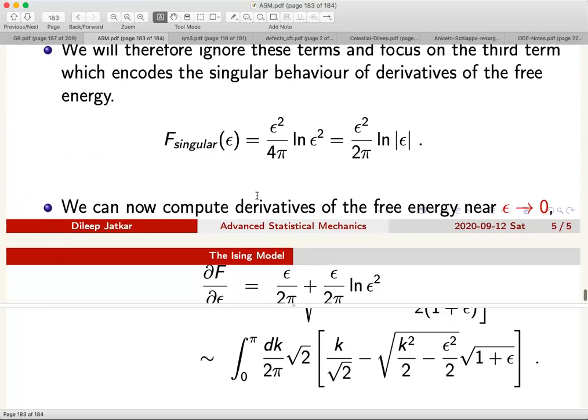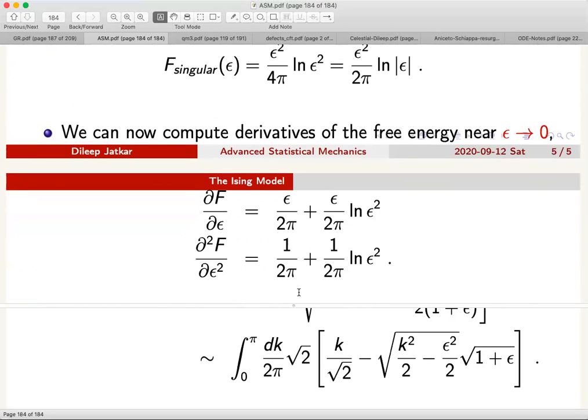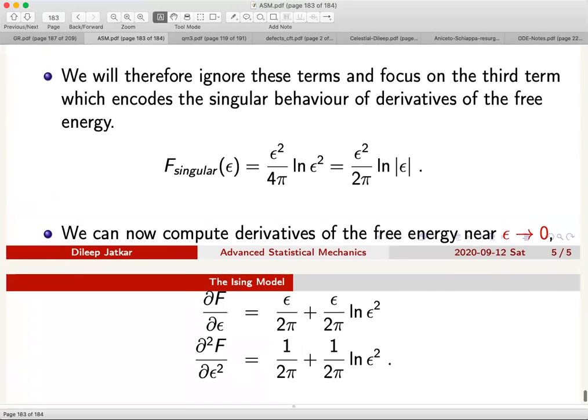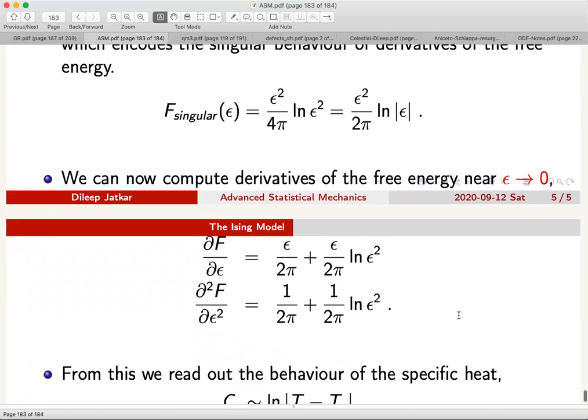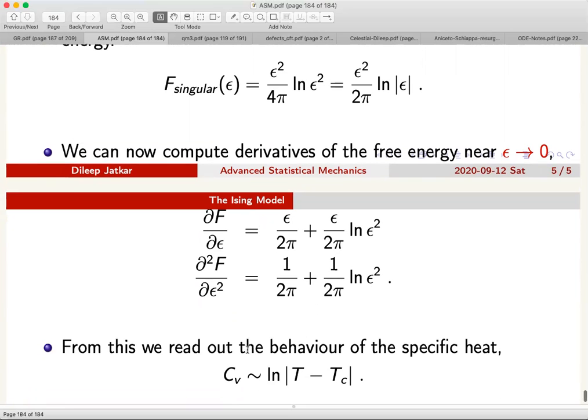So what we'll do is compute the derivatives of the free energy in the neighborhood of epsilon going to 0, and see what is happening to the system. I think this is probably the last transparency today. The derivative of f with epsilon gives you a term like that. The second derivative would give you a term which is like log of epsilon. So from this, we can read out the behavior of the specific heat, which goes as log of